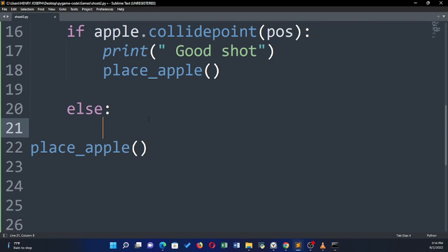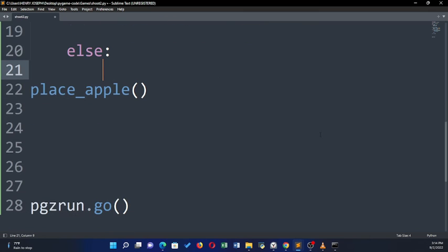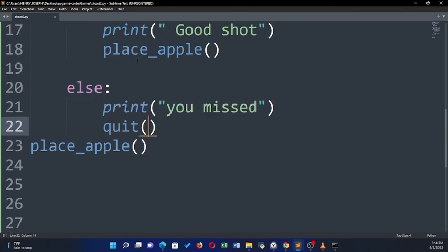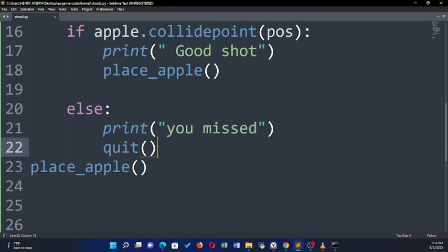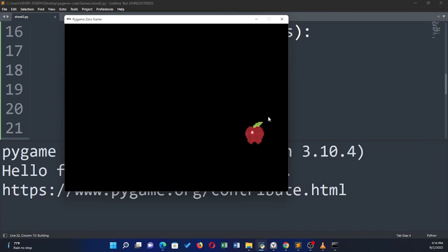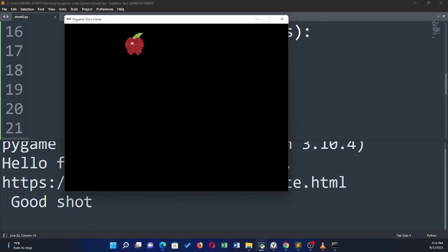Now, what if the person has missed the position? If the person has missed, you print maybe, you missed. If the person has missed, then you can quit the game. In this case, you could maybe give the person more lives, and if the person passes the limit of lives, you would quit the game. So now if I run the code, every time I click, it says good shot, and the